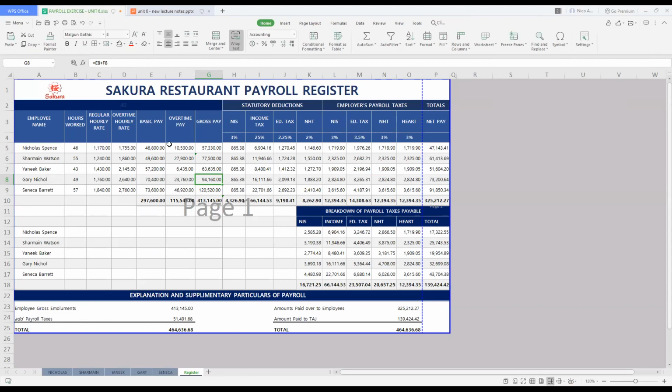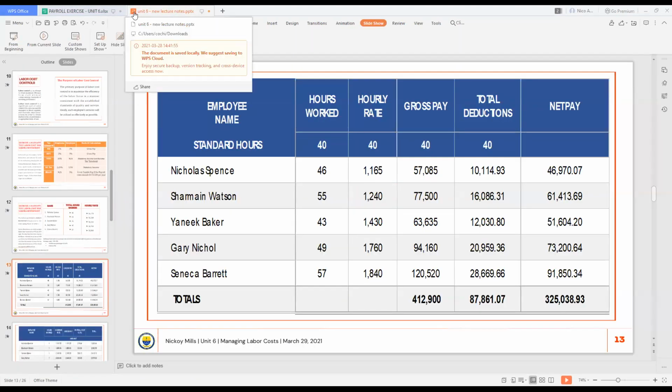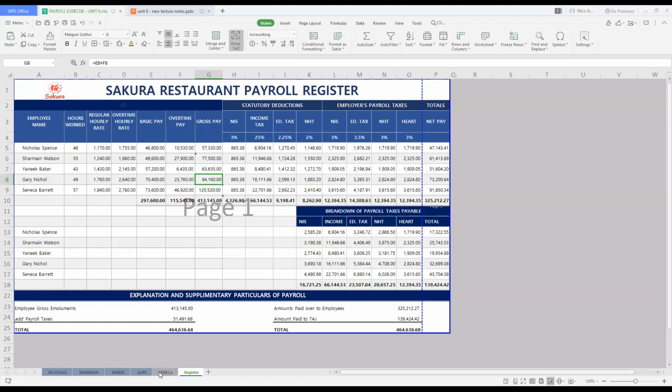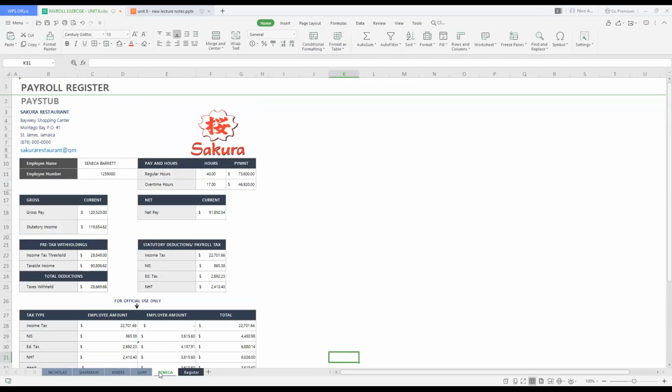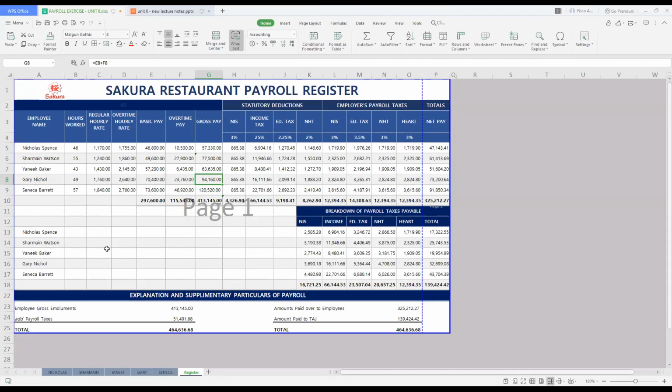I have 50. Wait. Oh, it's 57. Okay, let's go back. 55. Okay. So Seneca worked 57 hours for that week at a basic rate of $1,840 per hour. So we're going to take the first 40 hours at the base rate, which is 40 times 1,840,